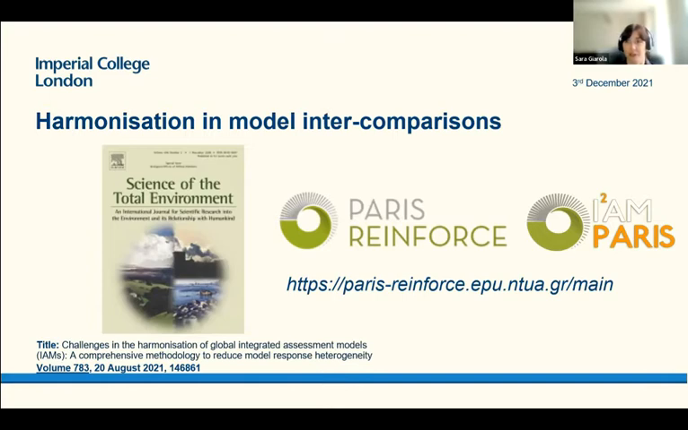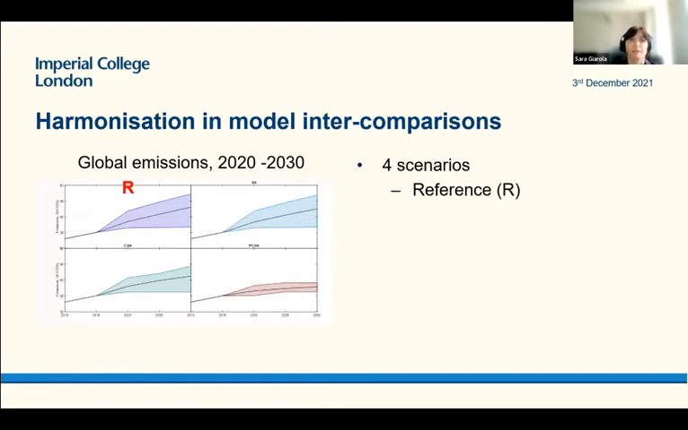There's an interactive platform where you can browse the dimensions of the harmonization that you might be interested in seeing. The step-by-step approach that was developed for the harmonization basically was